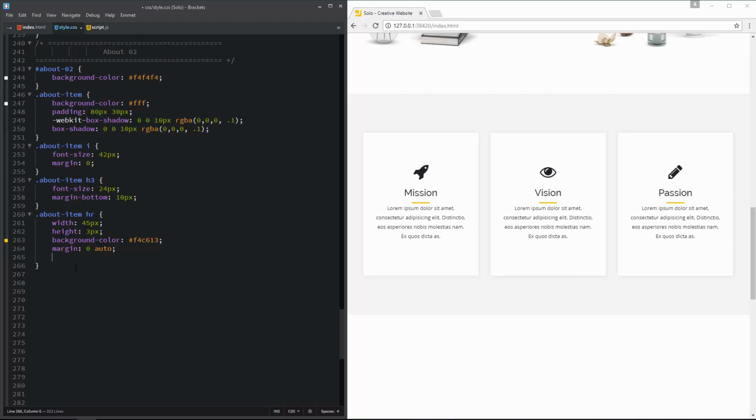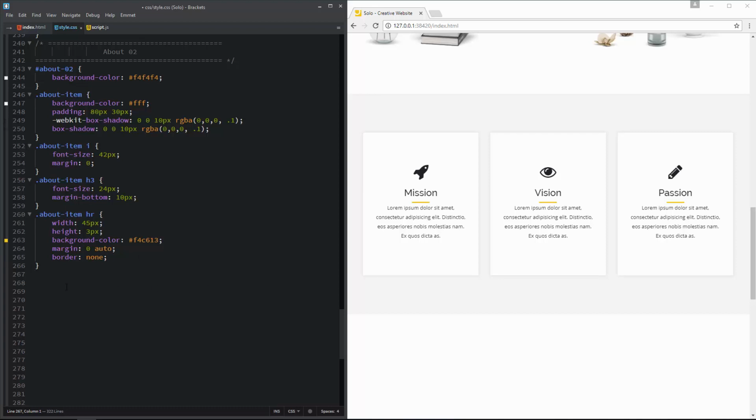Before I set the border value to none, let me show you the border for these lines. If I try to set the border color to red, you can clearly see there is a border for these lines, and we need to get rid of these borders. So therefore I am going to set the border value to none. And now the borders are gone for these lines.